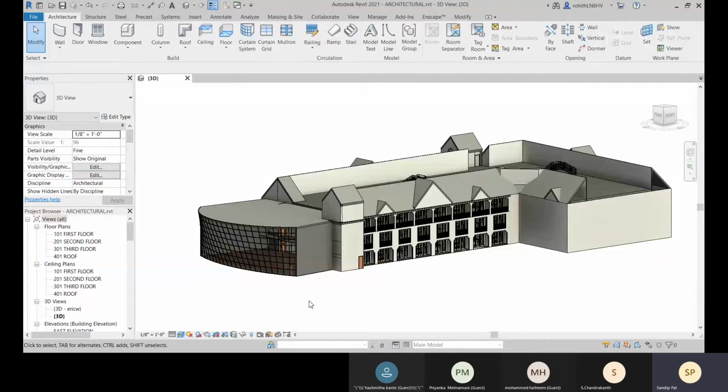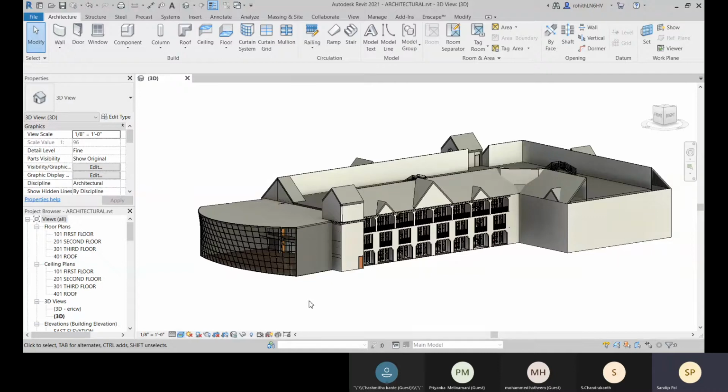Like in an architectural team, there are a few members, and you will be developing the model, right? So you will be creating this model together. You won't be waiting for another person to complete his part of modeling and then start your part of modeling. It's not like that. So we work at the same time, right, on the same model.